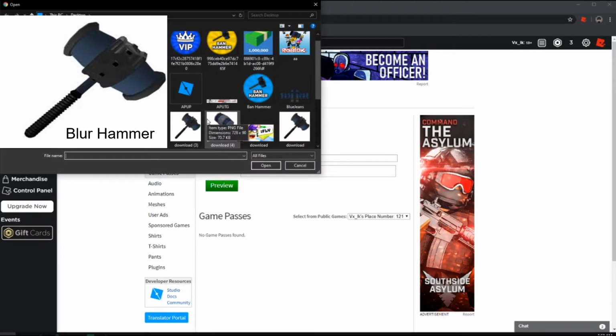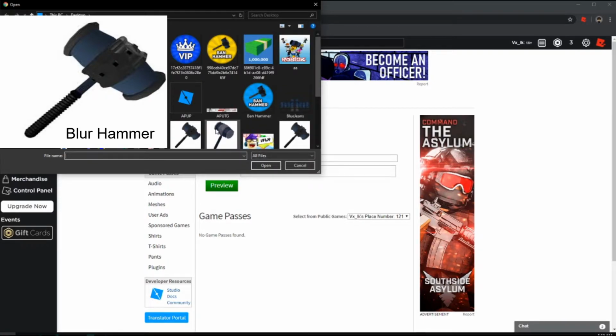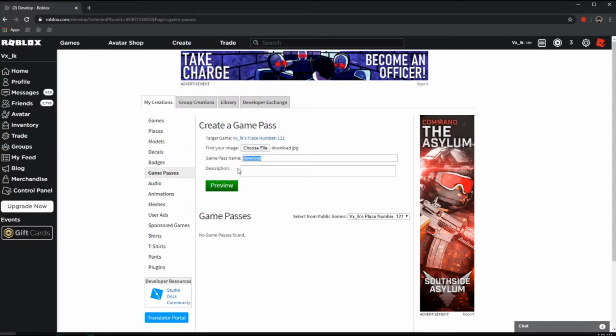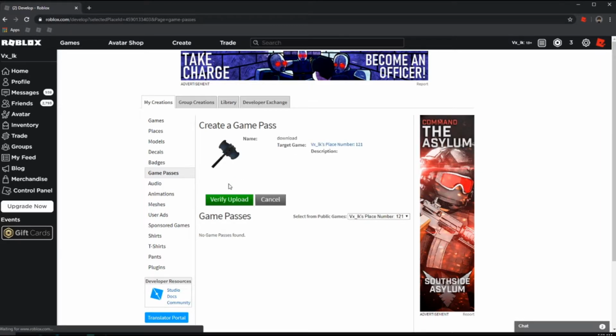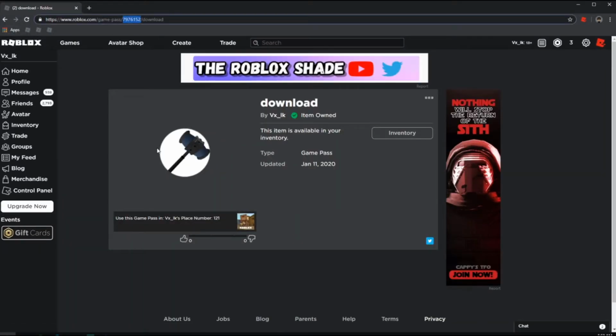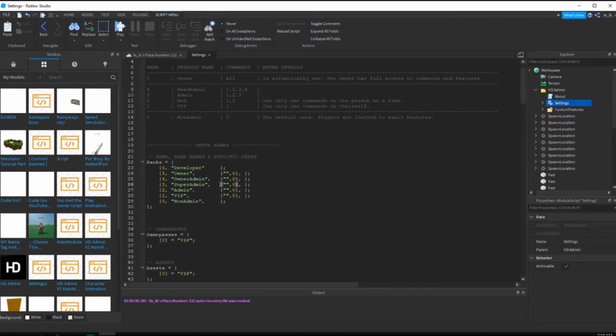Let's just use this ban hammer that I have. So if we go to the Game Pass, copy, and then scroll down to see Game Passes right here. It's literally right under it. So if you paste this, let's just use for example, this would be the